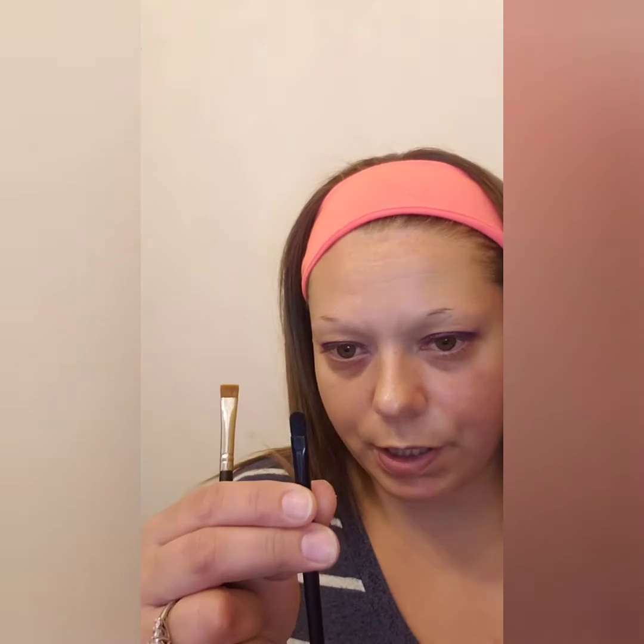I'm assuming it's for eyebrows, and I am letting my eyebrows grow out, so maybe my eyeshadow looks will get easier, because I've heard that it's easier to follow your eyebrows, the curve and the shape, when you do eyeshadow. But then there's this one too that's kind of the same, a little different. But I have another one, here we go,